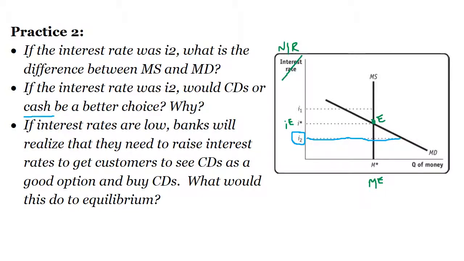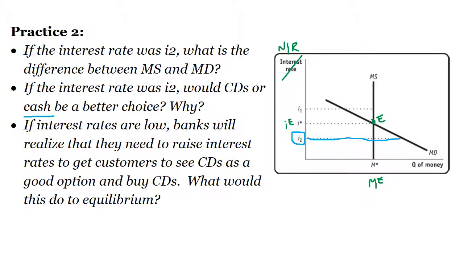If interest rates are low, banks will realize, look, I need customers to get CDs. Banks like CDs because they know that if you bought a 12-month CD, then you're not going to take your money out for 12 whole months. So banks can actually use that money to loan it out, and they know that that money isn't going to be touched. For that reason, because CDs are so illiquid, the reserve requirement on CDs is much lower.